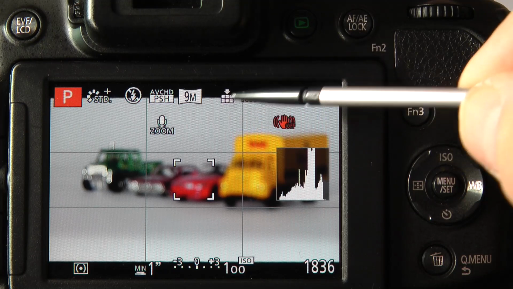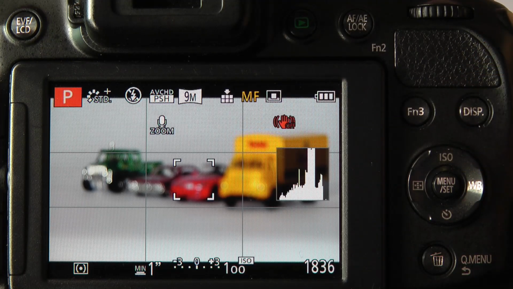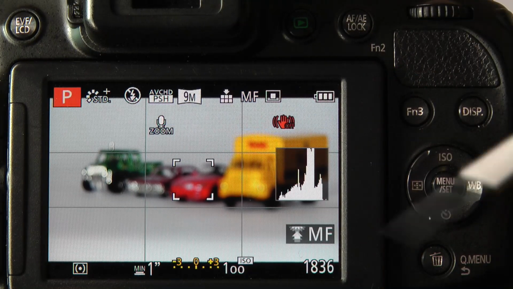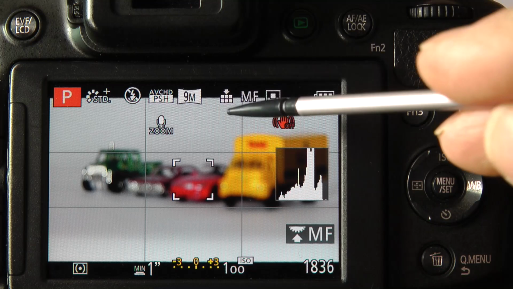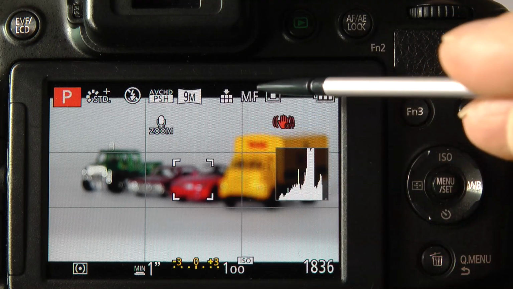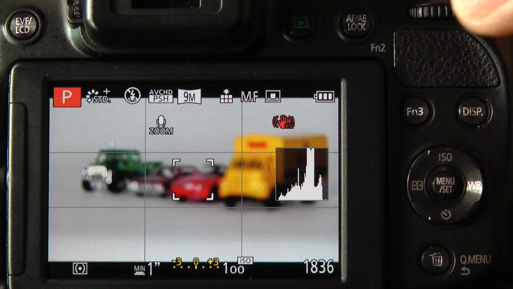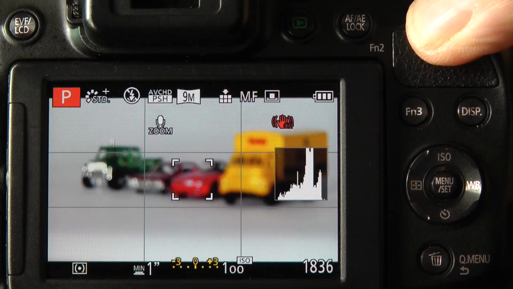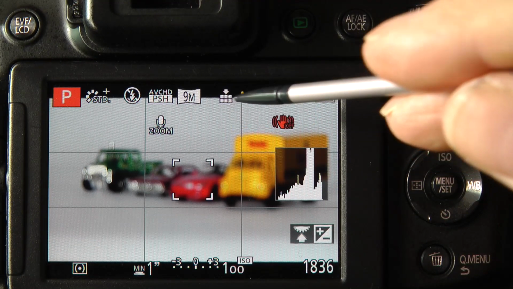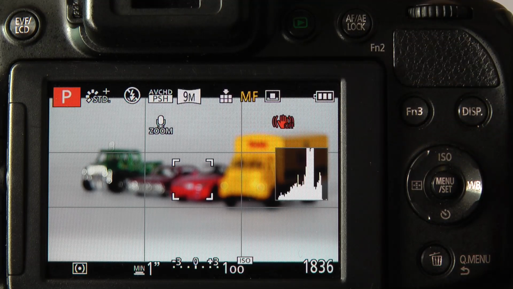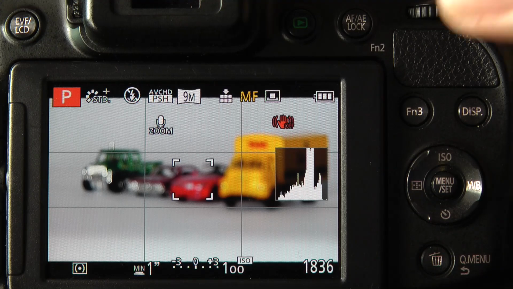If that icon isn't in yellow, i.e. if you've selected a different mode, so for example if you've selected exposure value compensation, the manual focus will not work for you. You have to have the manual focus set to yellow to enable this mode. So again, one depress of the control dial puts me in control of manual focus. Now when I rotate the control dial, we will get control of the manual focus.